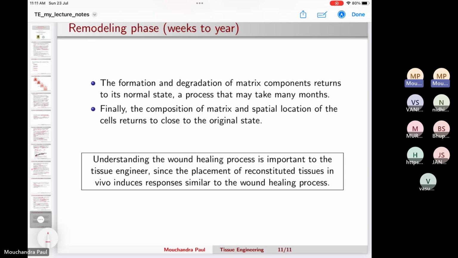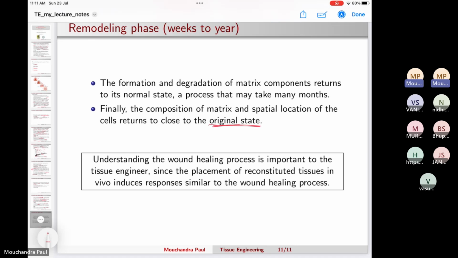And finally, the composition and spatial localization of the cells try to return to their original state. Cell orientation and cell position also try to go back to the state which was there before the wound. So it is very important for tissue engineers to understand this entire wound healing process, because whenever you